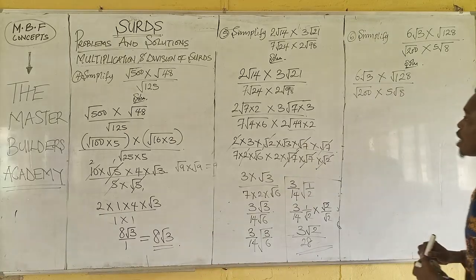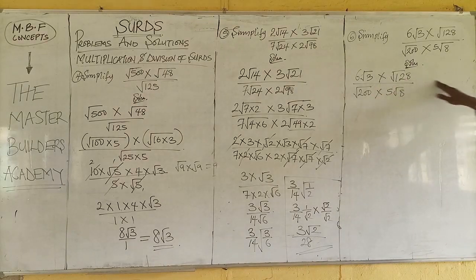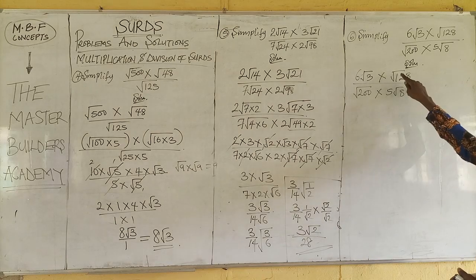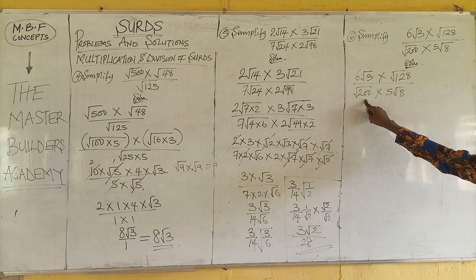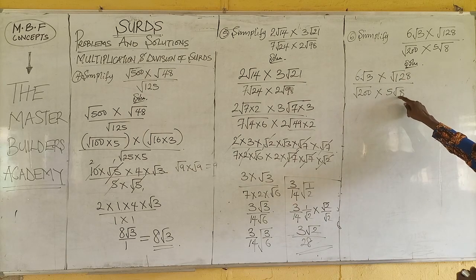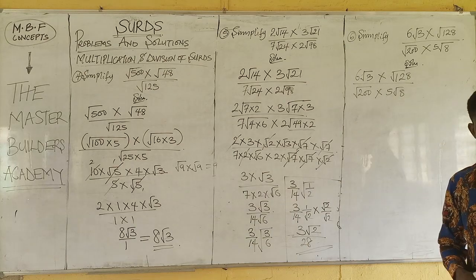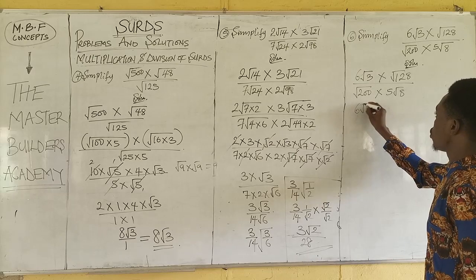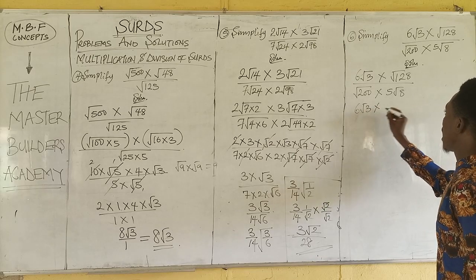What do we do as usual? We are going to be reducing it. Now, this is already in its shortest form, right? But this, we can convert to its shortest form. We can convert this one also, and we can do that to 8. Then we are going to have this as 6 root 3 times